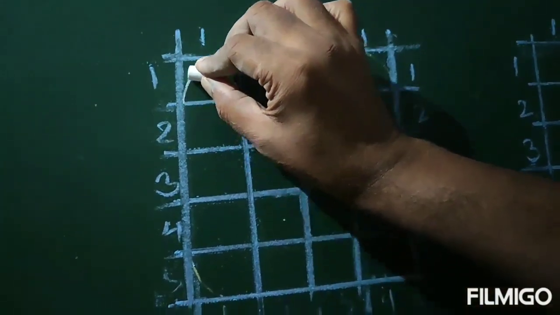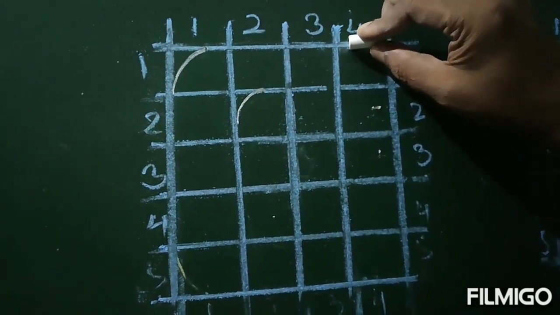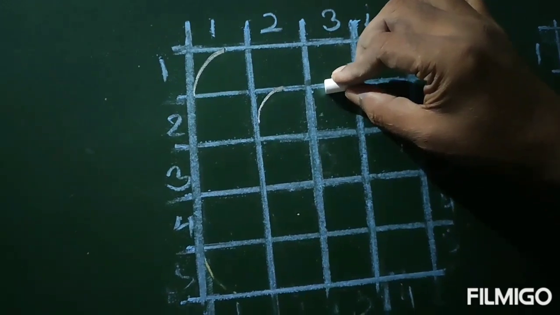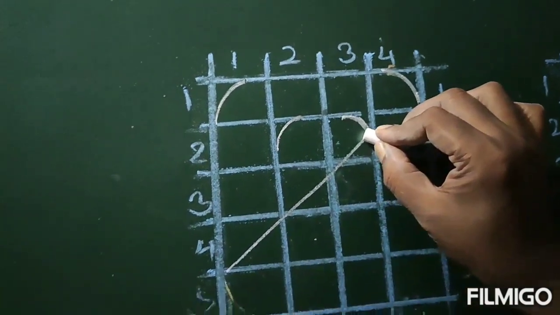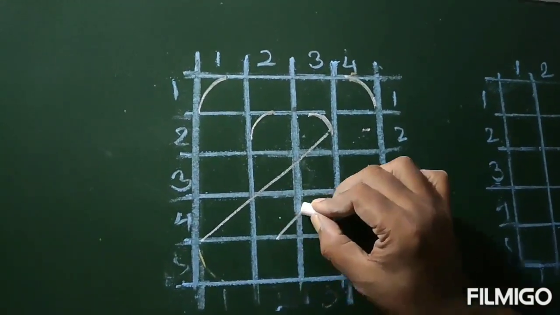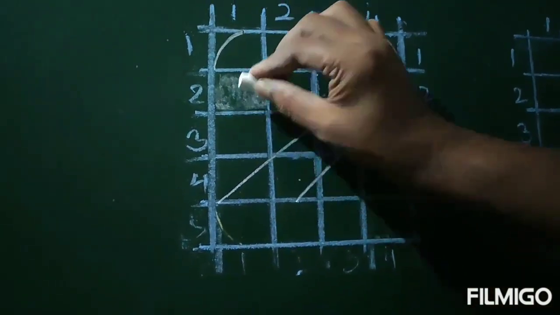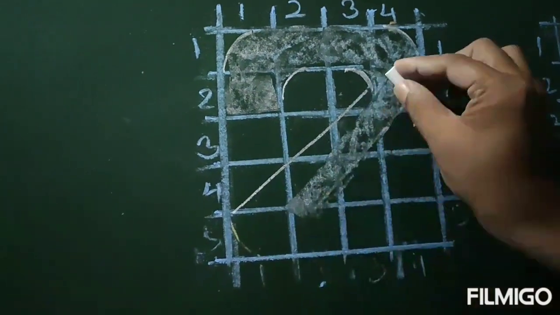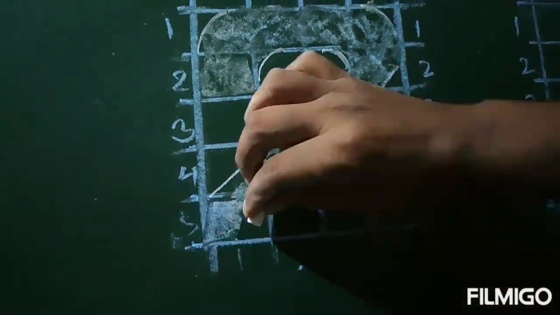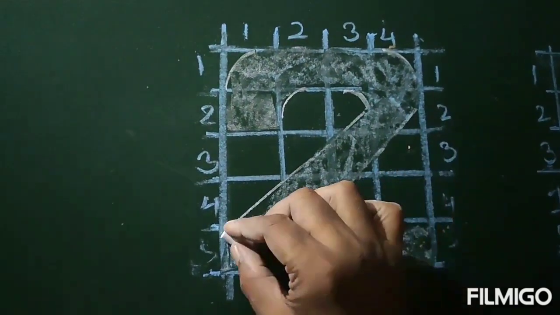2. We'll turn 1:1, again 2:2, 4:1, 2:3. Then an inclined line will be drawn here, from this point to this point, and this point to this point. It will take the form of 2. Just do shading here, this particular area which we have covered, right? And it will take the form of 2. This is 2.